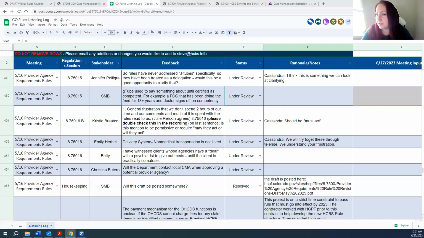Okay, so 450 for provider agency requirement rules. GTube used to say something about until certified as competent, for example, a FCG that has been doing the feed for 18 plus years and the doctor signs off on competency. This is regarding the rule